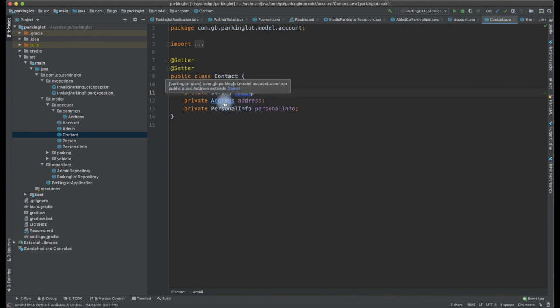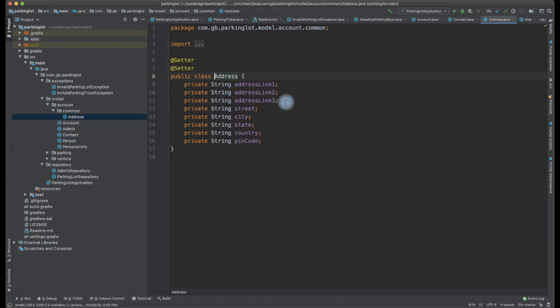Let us look into what the address field contains. We have to think of the global address format and use it, because we should be able to deploy this in different countries. So we might have to adapt it to the global address model. This is how I have come up with it, and most likely it will adhere to the global address model as well.